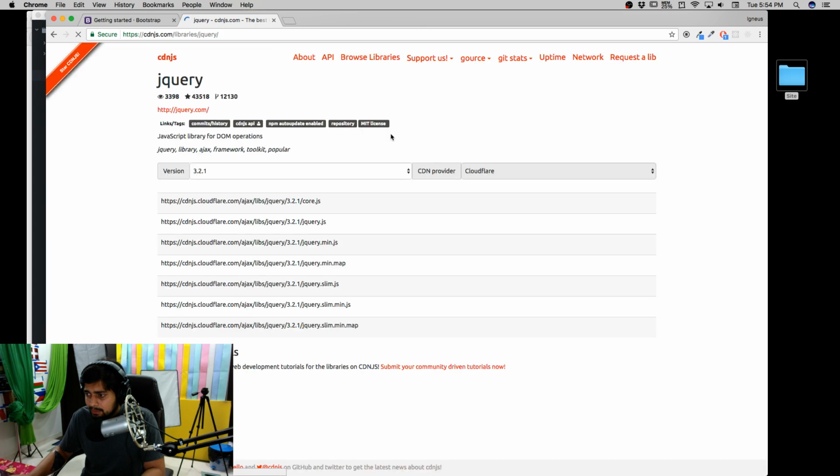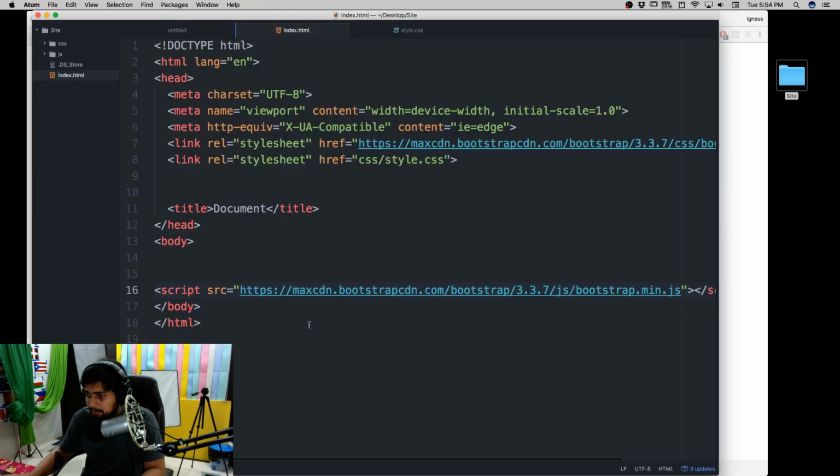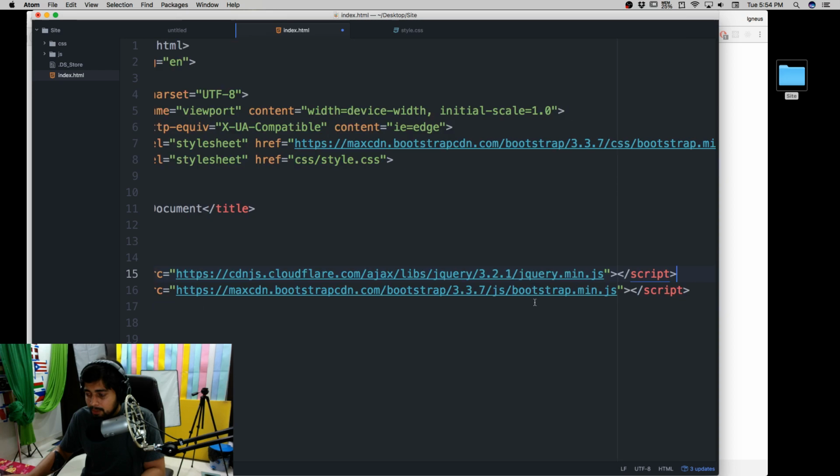And there we go. And I think we can go with the 3-point. We need this guy, jQuery.js, or jQuery minified would also work there. Okay, so let's just copy a script tag. Saves us some time, and make sure you add the script before your Bootstrap because it requires it. Okay, now things are almost done.